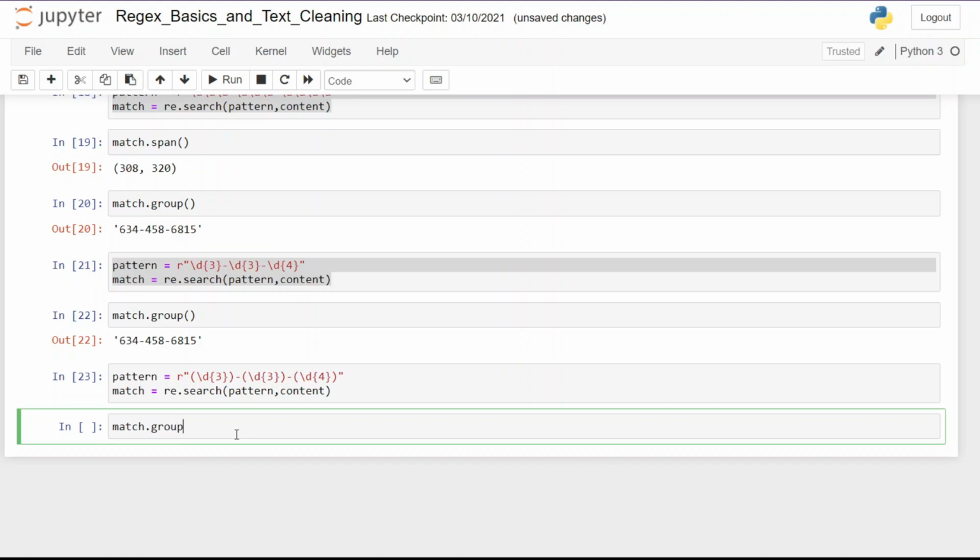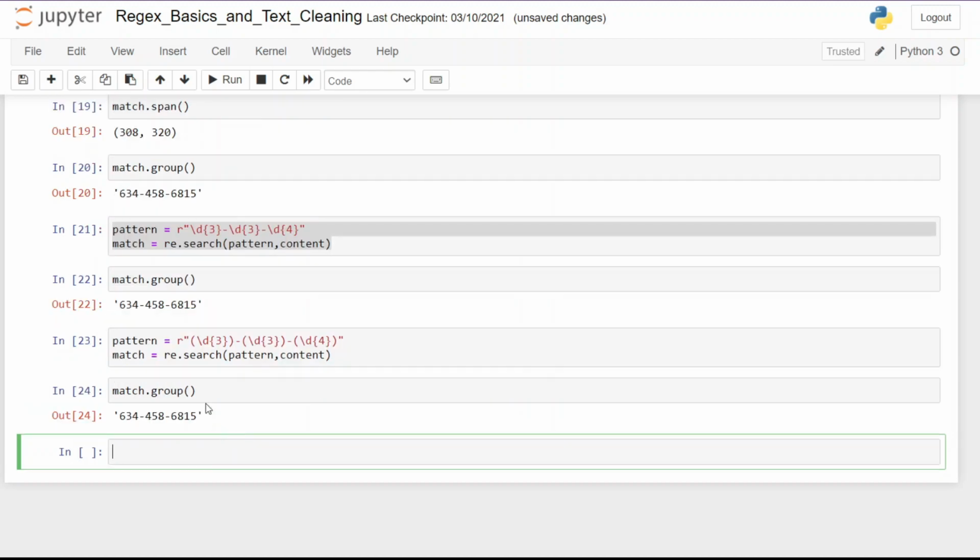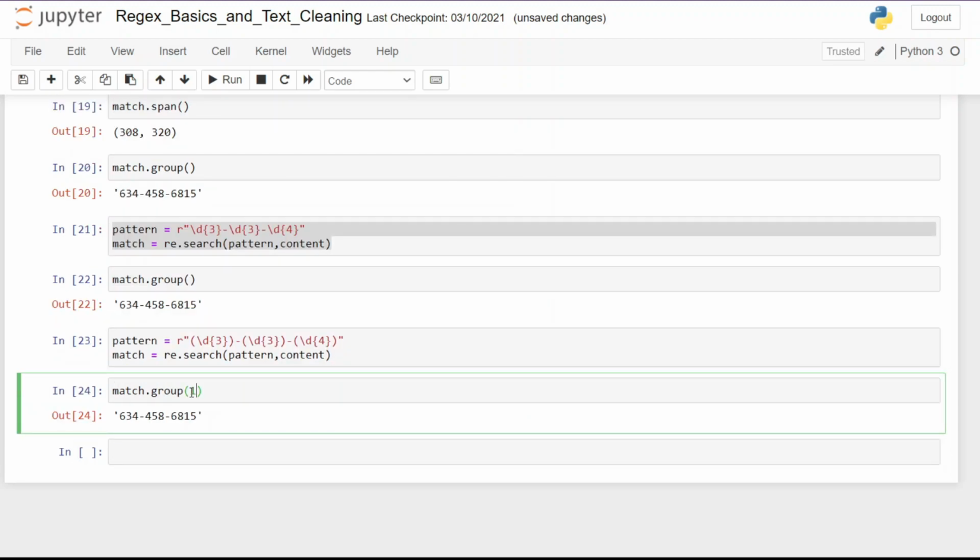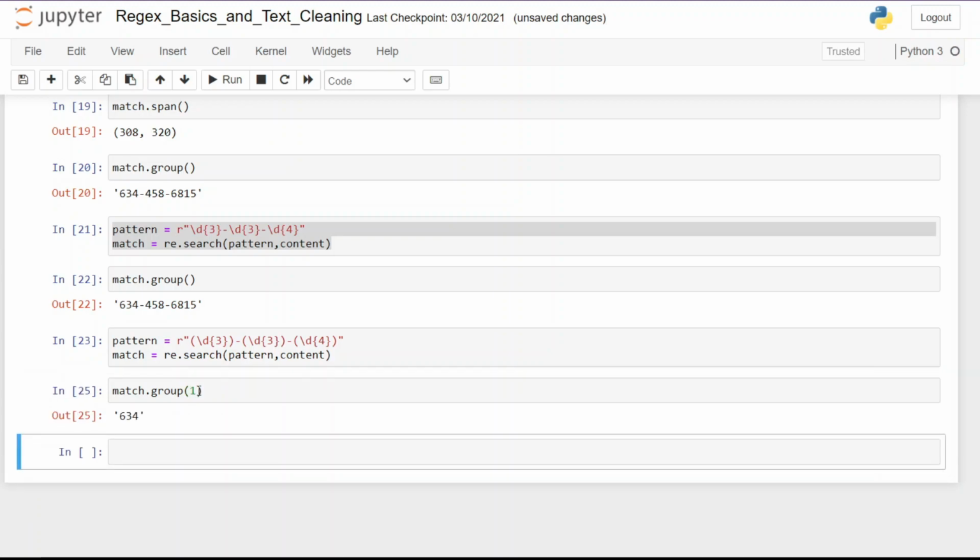If I call match.group, we get the phone number. But if inside the group I pass 1, we get this chunk. Similarly, if I pass 2, we get another chunk. And lastly, if I pass 3, we get the last 4 digits of the number. Now you see how powerful a tool it can be. So try to play around with it, do some experiments.